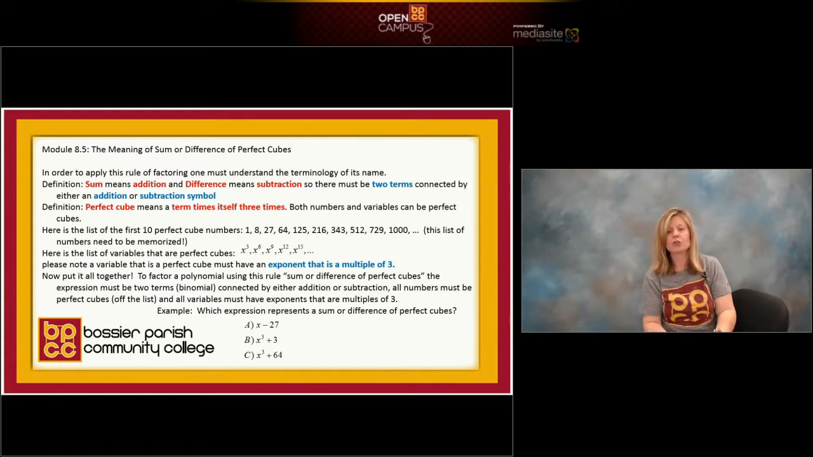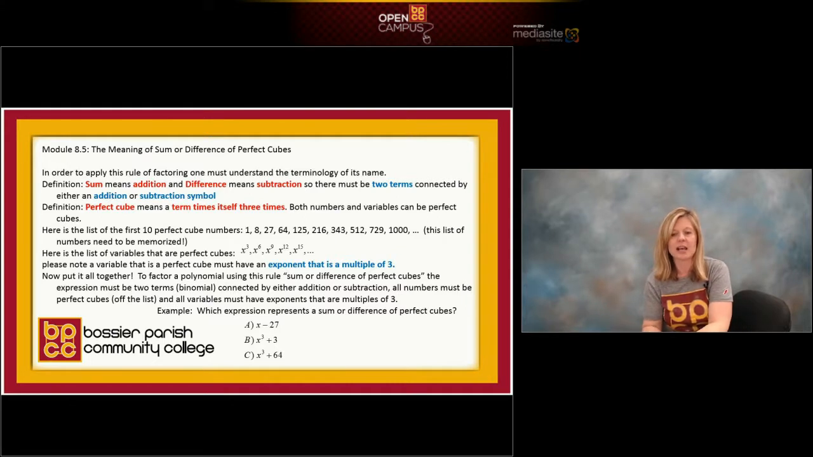So, to use our new rule, our last new rule, the sum or difference of perfect cubes, your expression has to have several things going on. It's got to be a binomial that has either an addition sign in it or a binomial with a subtraction sign. Every number in that expression has to be a perfect cube. Every variable in that expression, the exponent must be a multiple of 3. So if you look in your notes, I have 3 expressions, and I want to know which one represents either the sum or difference of perfect cubes. So let's look at